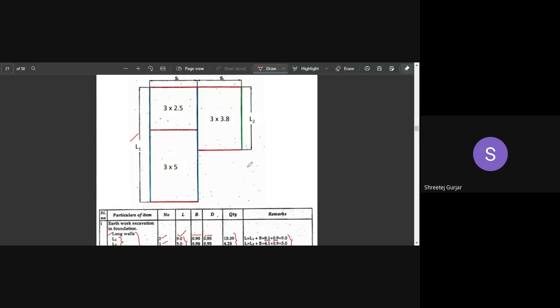You cannot take it like that, because all of these walls, if you consider this as the y-axis and this as the x-axis, all the walls which are in the y-axis you have to consider as long walls, and all the walls which are in the x-axis you have to consider as short walls. The length of your long wall may be shorter than your short wall, but it does not matter. Length is not of concern over here. Remember this point: always take perpendicular walls as long walls and short walls.